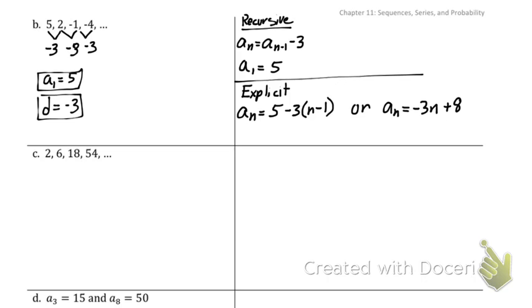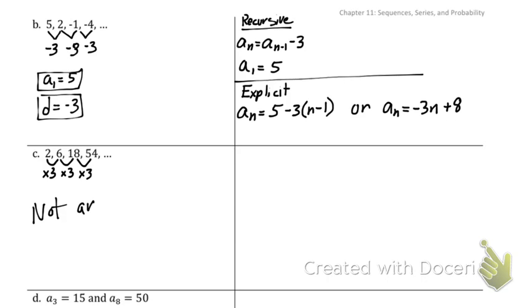All right, our next one. Well, we have 2 to 6, 6 to 18. Oh, well, that's cool. I'm just going to multiply by 3. That means it's arithmetic because my common difference is 3. And so, what? Why are people's hands up? Is it not times 3? Is it times 2? What did I multiply wrong by? Oh, you can't multiply in arithmetic. Oh, so we have no common difference. So this is not